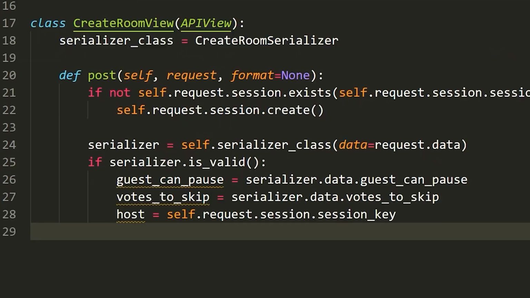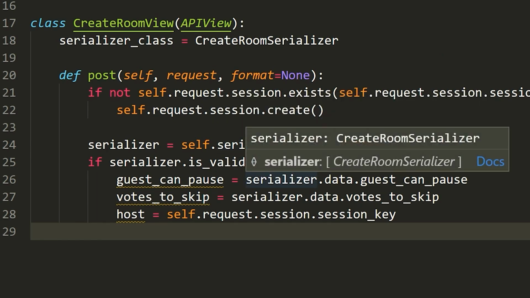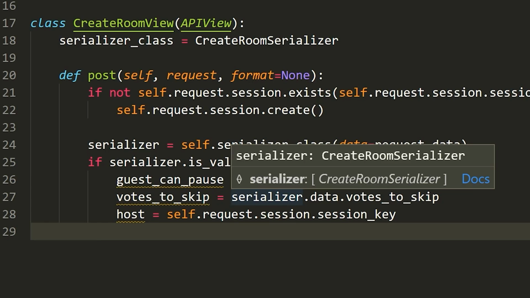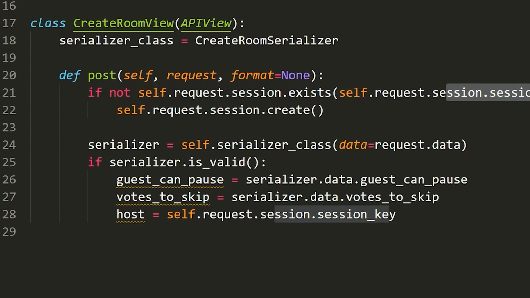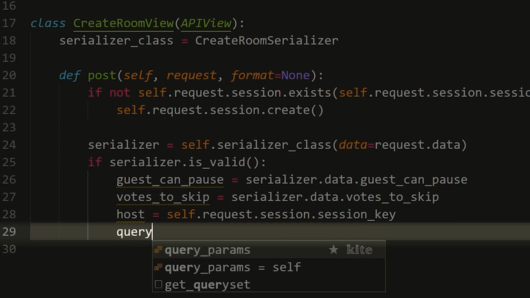This makes sense. And just thinking about this to explain quickly, say a user had multiple sessions or their session expired and then they restart another session for some reason, that would be fine. We would just create a new room for them. Their old room would just be lost in the database and all would be good. That would be totally fine because their session key would have changed and no one's session key will be equal to the same session key that already existed before. So hopefully that makes sense, but I just wanted to explain that.